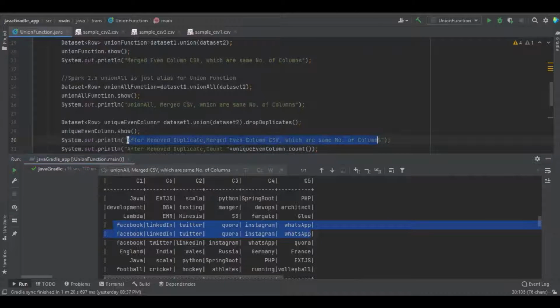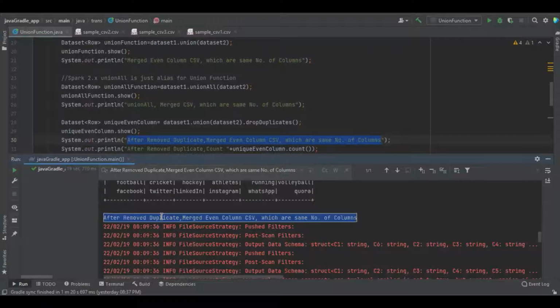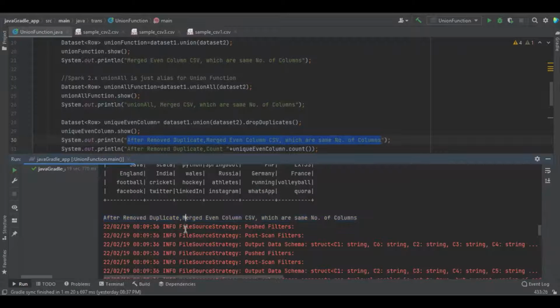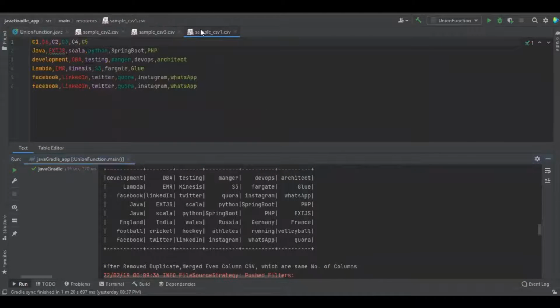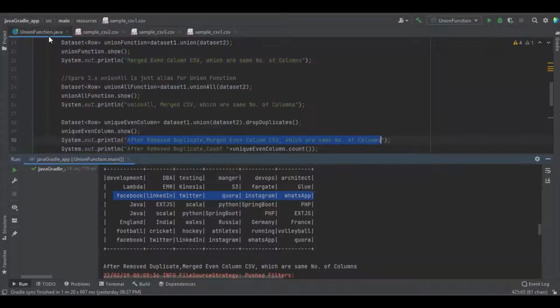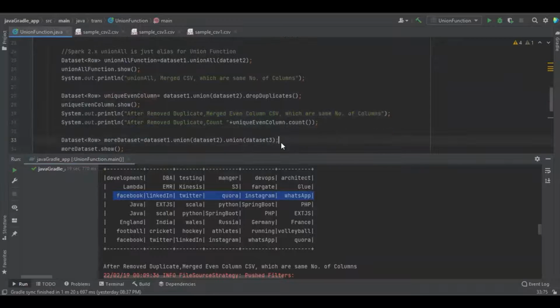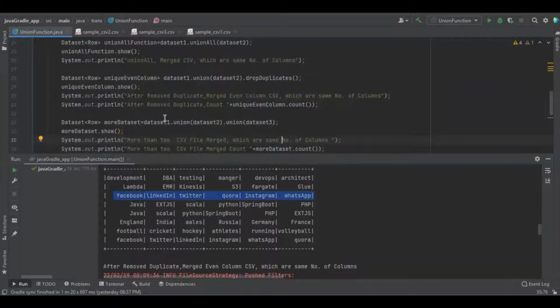Let's copy this function and search it here. Yeah, Facebook. Here we don't see Facebook, LinkedIn. So there is only one entry, but in the previous output we could see two different entries. Yeah, it got removed. And then we'll see the union of three datasets, dataset 1, 2 and 3,